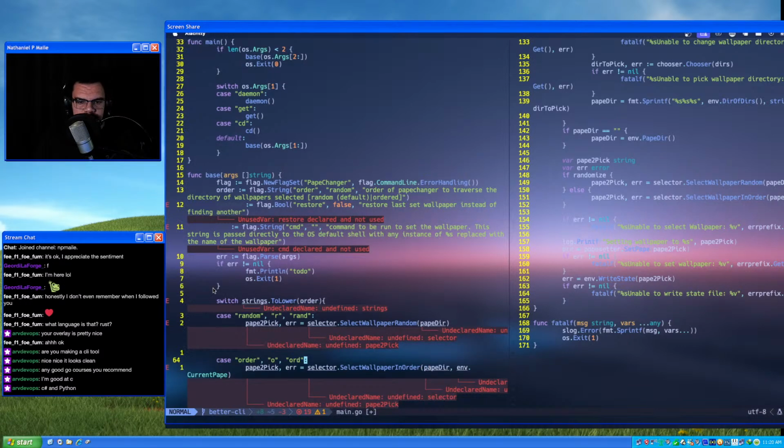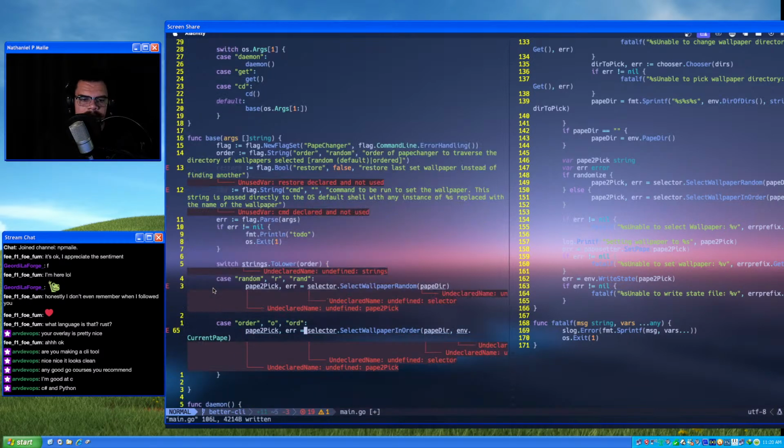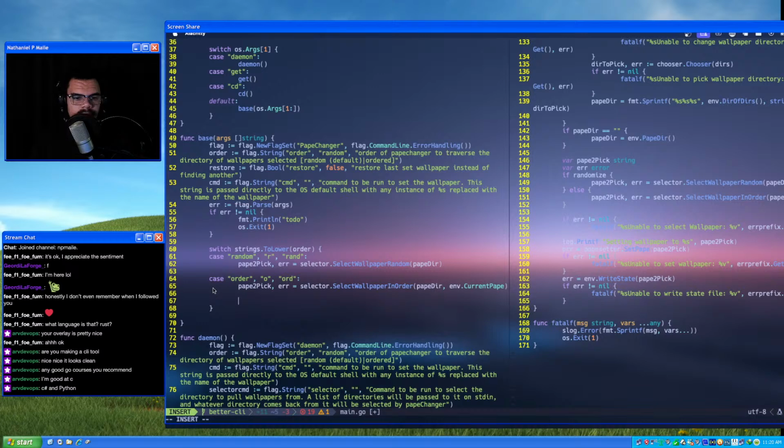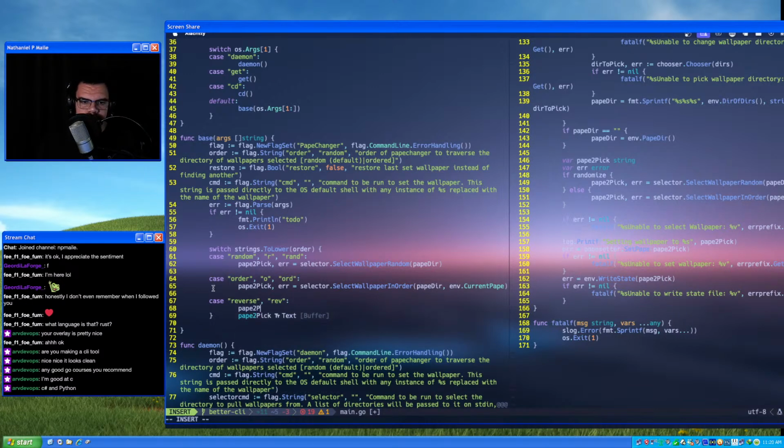So we'll have to parse the environment variables before we can use that one, or the environment. Then what we'll want to do is a case reverse, rev: papeToPick, err equals selector.SelectWallpaperReverse. Now we'll take the same arguments, papeDir and env.CurrentPape.